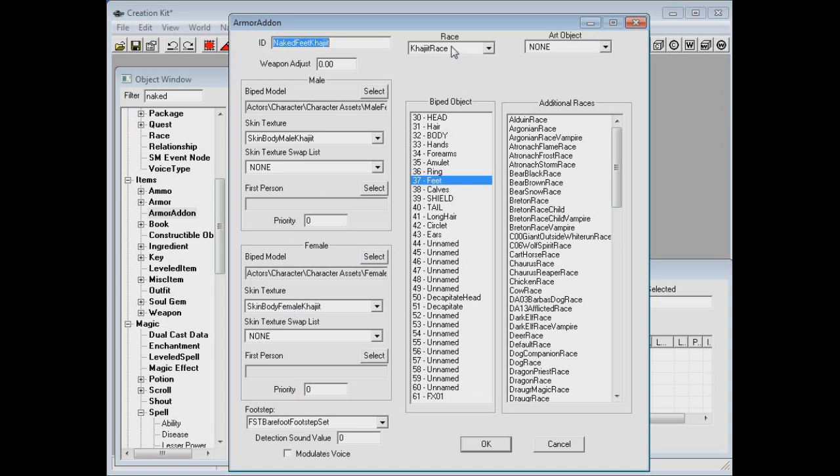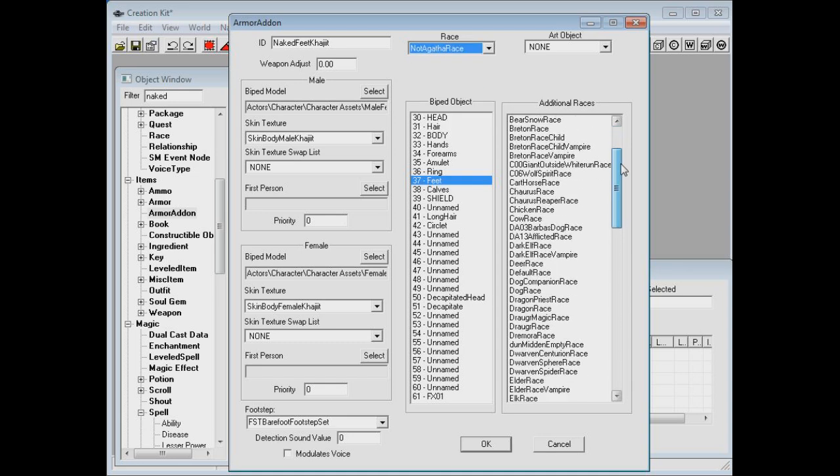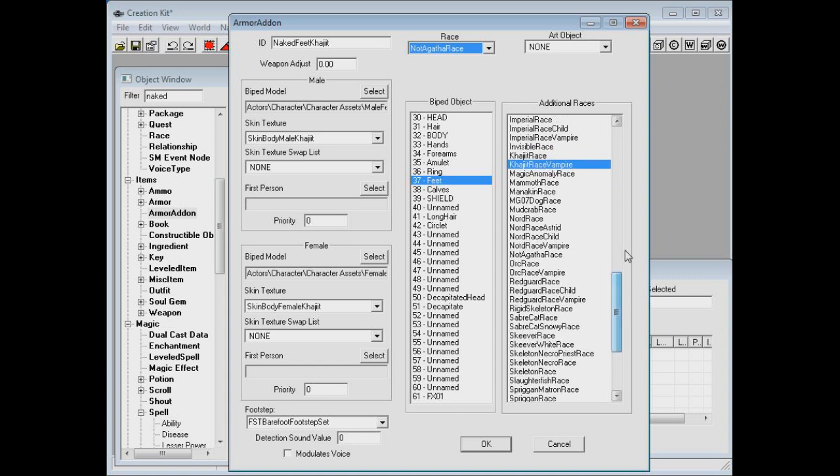And once you go in that, you're going to select the ones, but not yet. So you go to race and you select your race. Okay, it's right here. Select your new race, and then you're going to select under additional races. You're going to put your race here, and that will set the additional races for your race up here. So click OK,